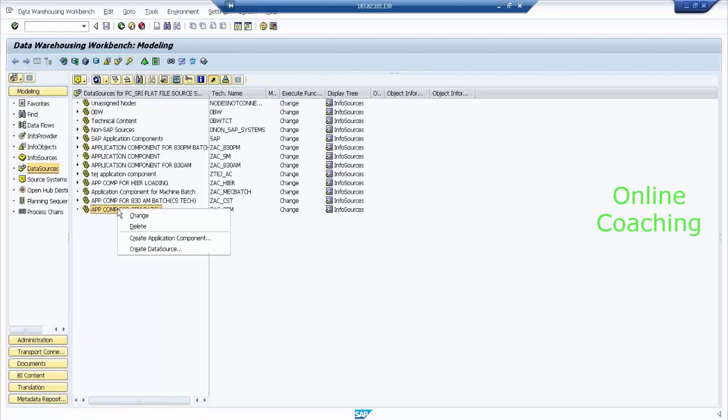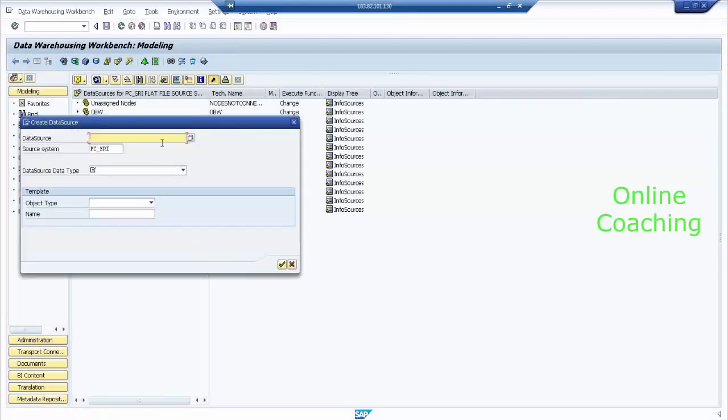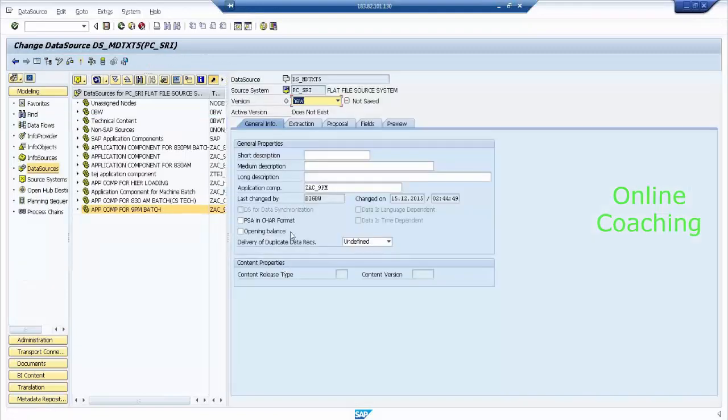Right click on it. Let's create a data source. Select create data source. It's going to ask you for a technical name, DataSource_MD_TXT file, for example. Data source data type: I'm loading a master data text, so I'm going to select master data text type. Then click on continue. Immediately it's going to ask you for a description. Data source for master data text loading. Okay, copy this,